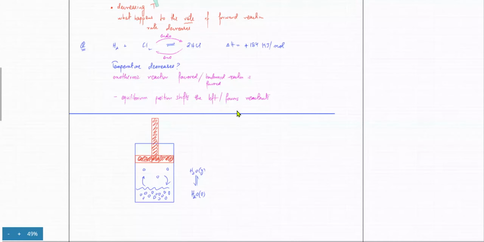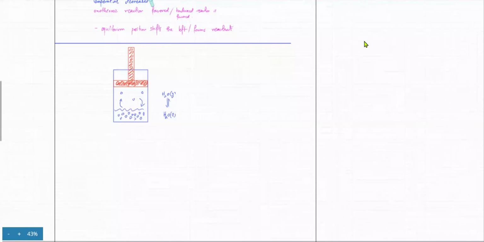We did, I think. Let me write it over here. We had done all of this. The board wasn't working last time, so this is missing. I'm just going to quickly write down the rules that we did. What we did was that if you increase pressure, so if you increase pressure, less gas mole side is going to be favored,